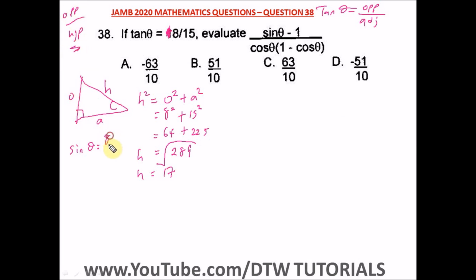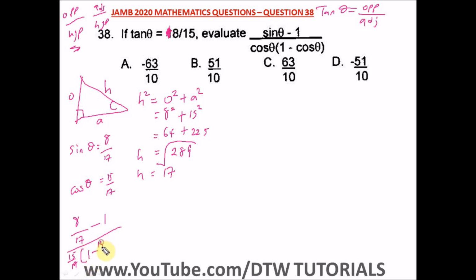So this becomes 8 over what? 17. And cos, which is adjacent over hypotenuse, cos theta now becomes 15 over 17. So therefore we will write this as 8 over 17 minus 1 over 15 over 17 bracket